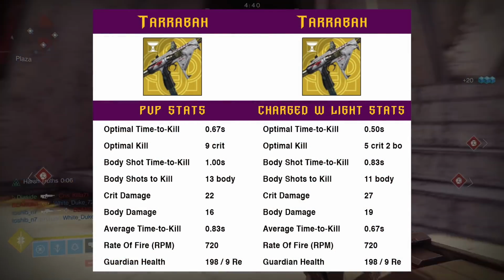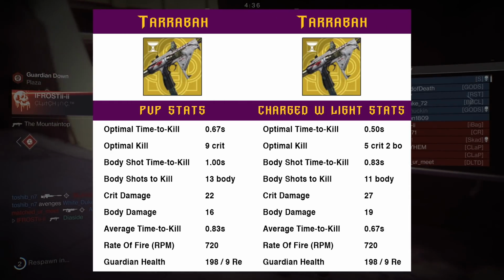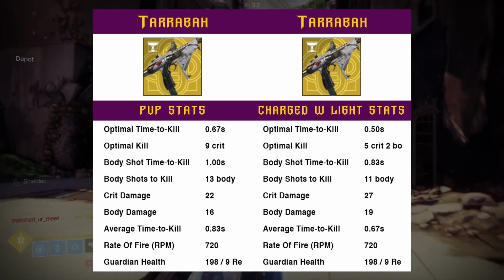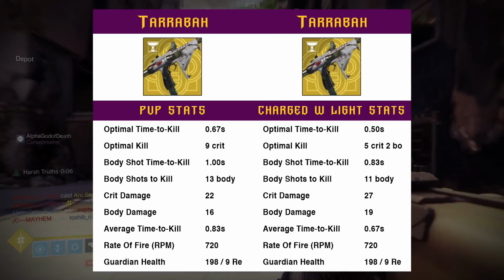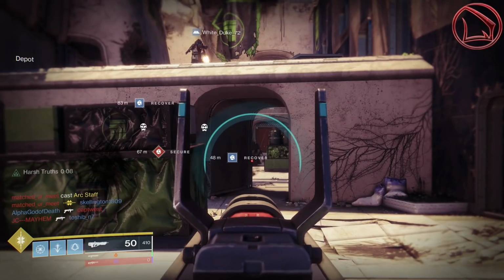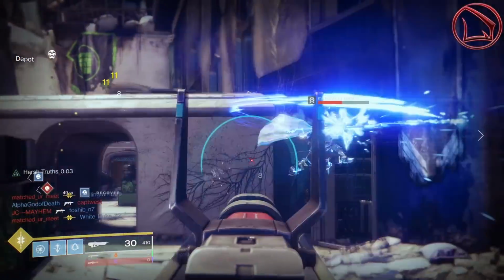body. As I put these two in a side-by-side comparison analysis right there on screen, that's a 0.17 second difference just by simply becoming charged with light and not needing any kind of damage buffing perk or a kill to actually get that. How about now? You intrigued yet? Well, if not, it gets even better, because this Tarrabah can become even more powerful as it